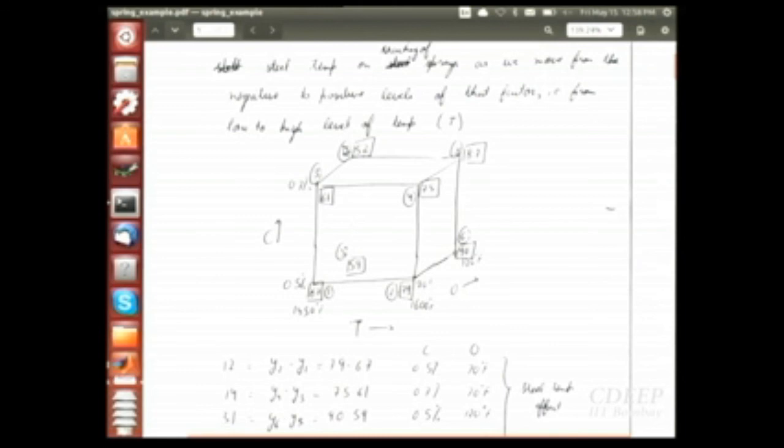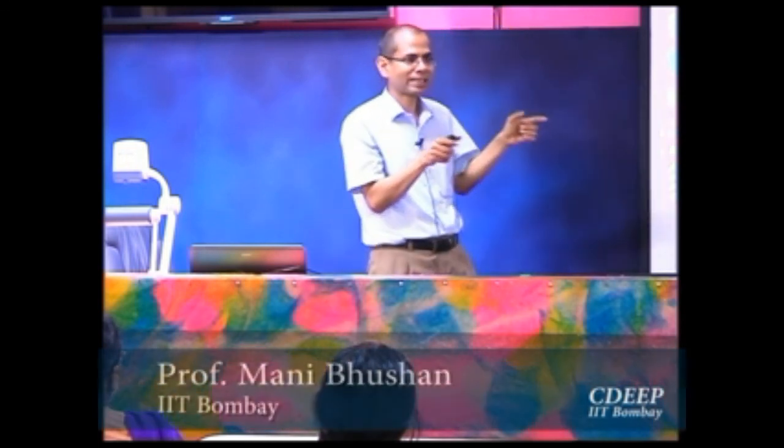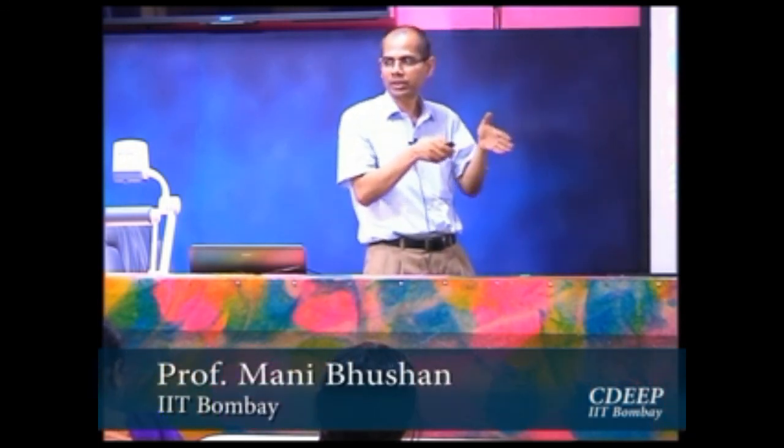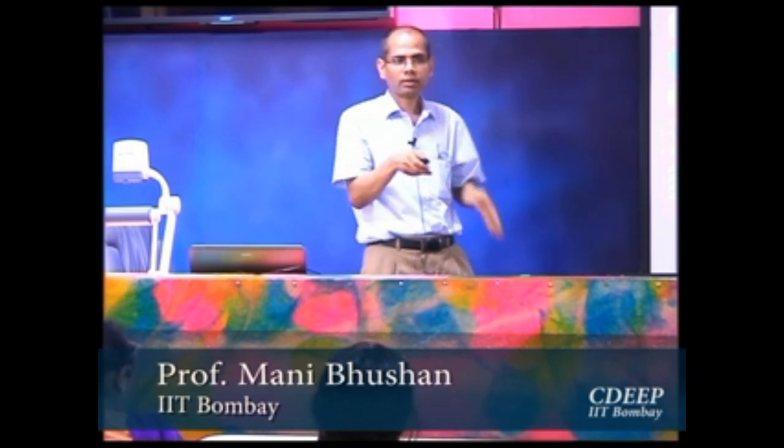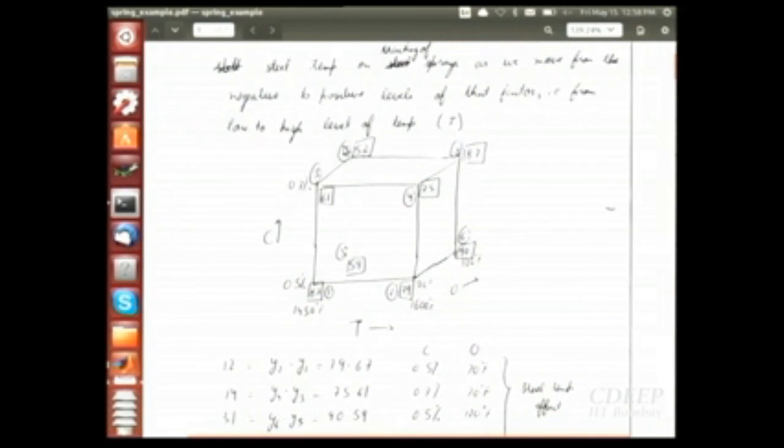So all of this analysis can be done. We can write down a model y equal to a constant plus beta 1 into temperature plus beta 2 into O plus beta 3 into C. Okay, and I think there is a handout where you will see that equivalence also, the same derivations using the regression idea. But it helps to look at this point of view as well. Without getting into a formal regression model, we just want to find what is the effect of increasing temperature on the response. Right?